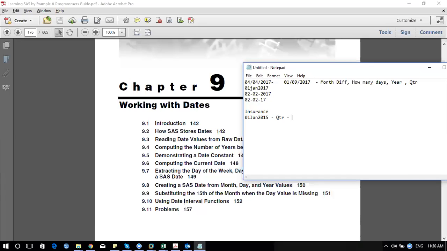The next quarter will be April, so 01 APR 2015, correct? So we have this date. If you subtract this date from the current date, I should get the reminder messages. I should get the reminder message somewhere around March 28 and 29 to pay the premium for this particular April quarter.